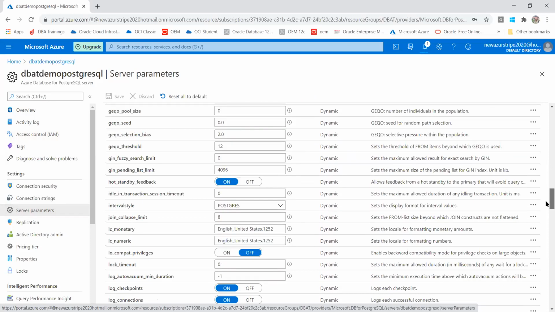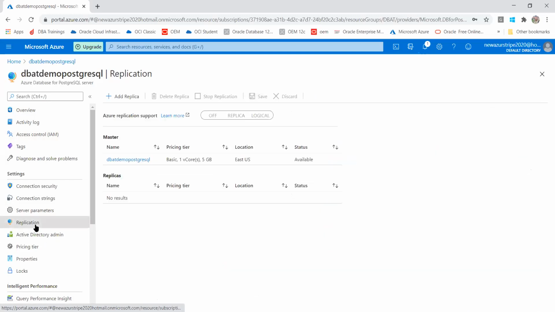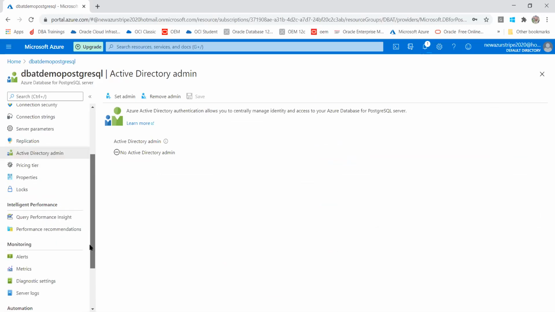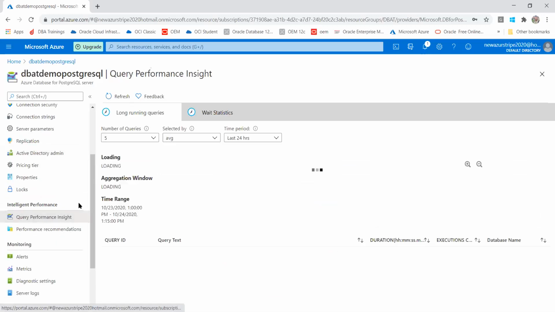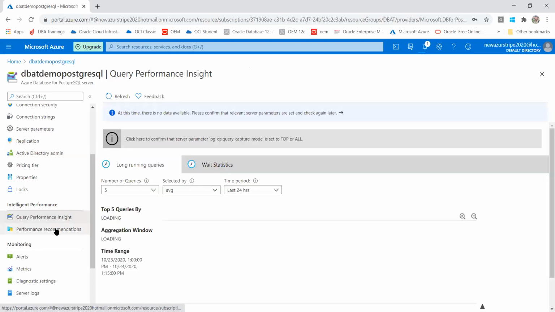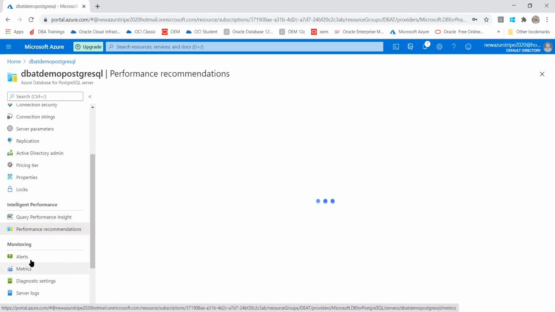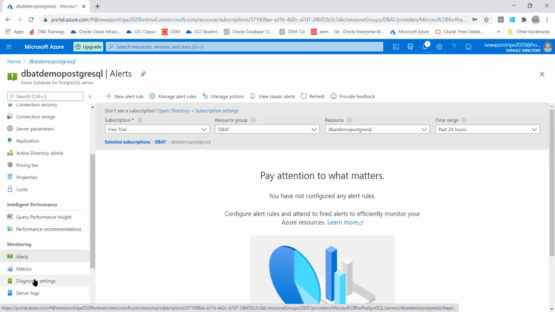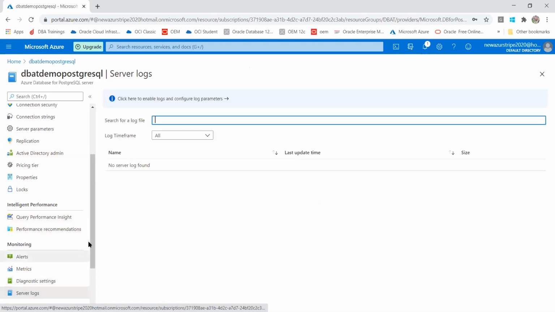Similarly, if you want replication, you are able to create a replication. Of course, for replication, you need another server as well. Active Directory authentication, those are the things. Locks, query performance, you are able to check the performance recommendation, alerts, your diagnostics, server logs.